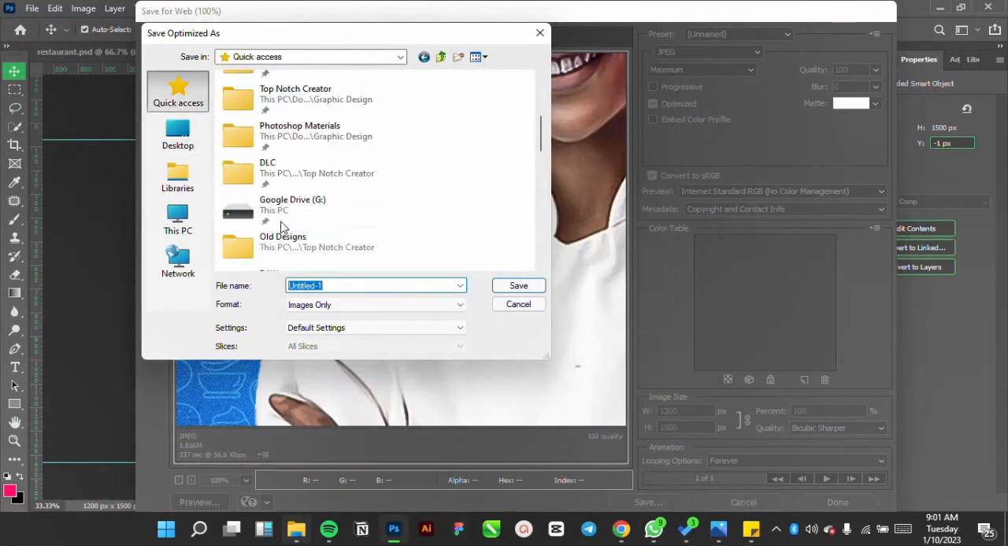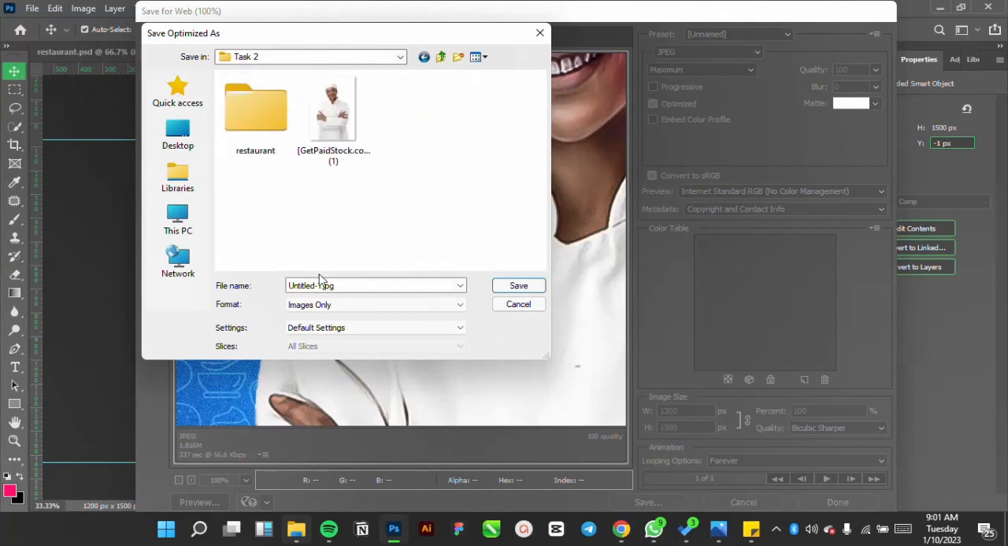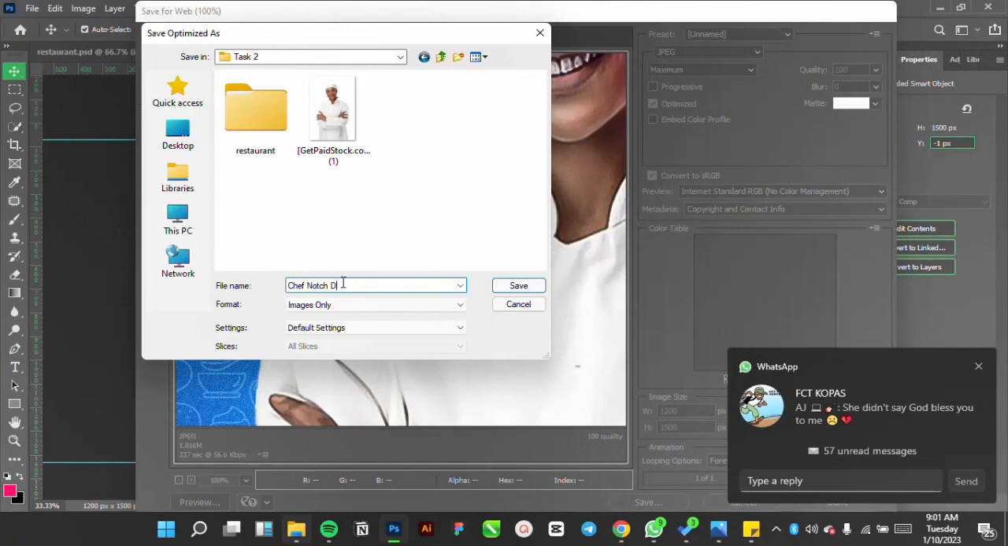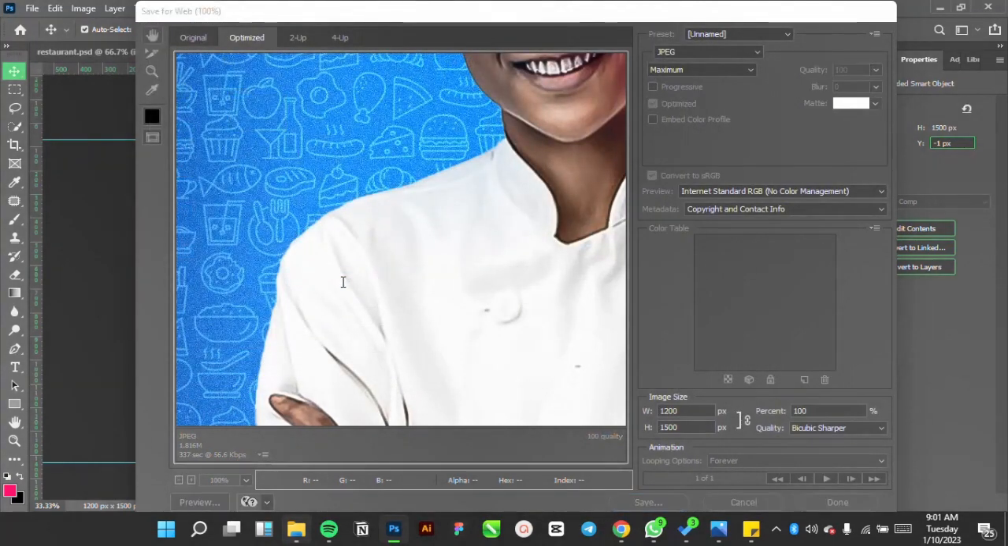Quick access. So we have completed task 2. So we'll say Chef Notch. Always use names that are related to your design, so you can find what you designed later on. People just like designing and naming their files whatever they feel like. So once you're done, just click save, and with that